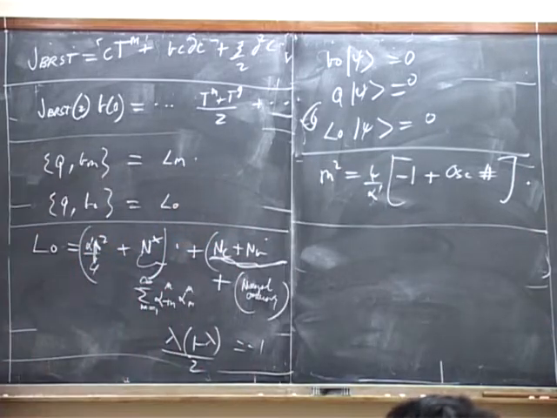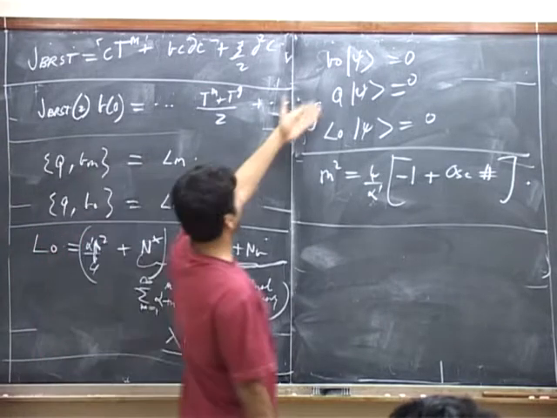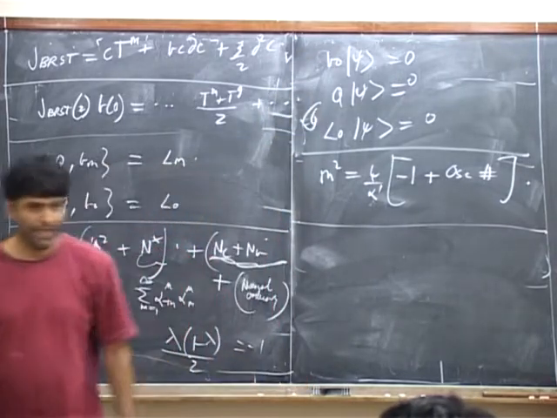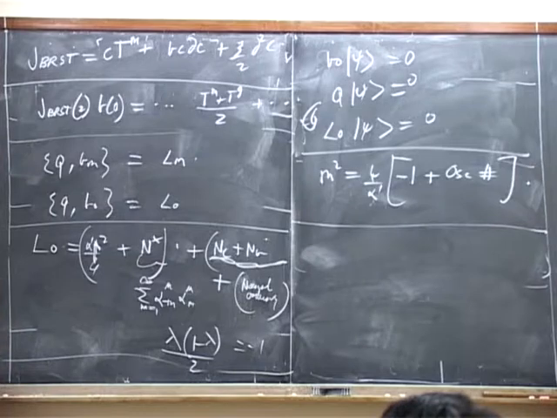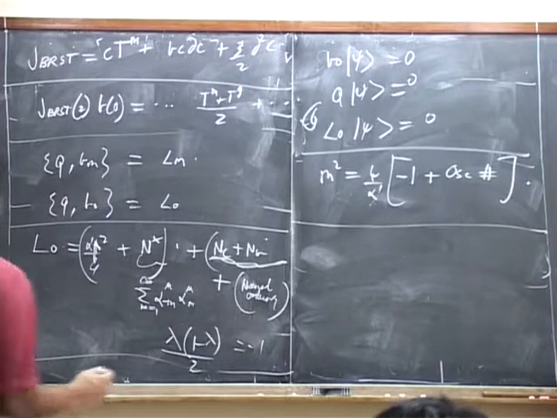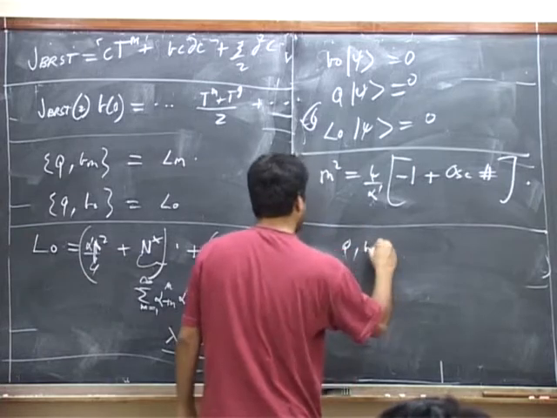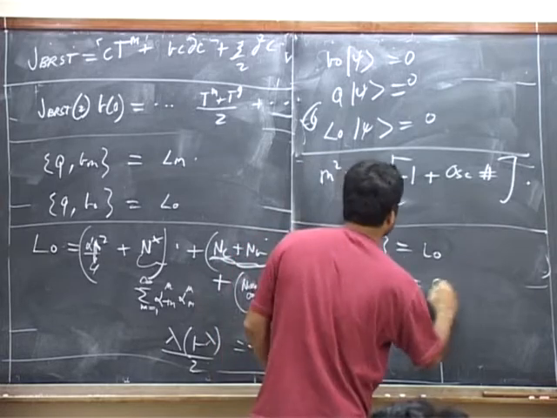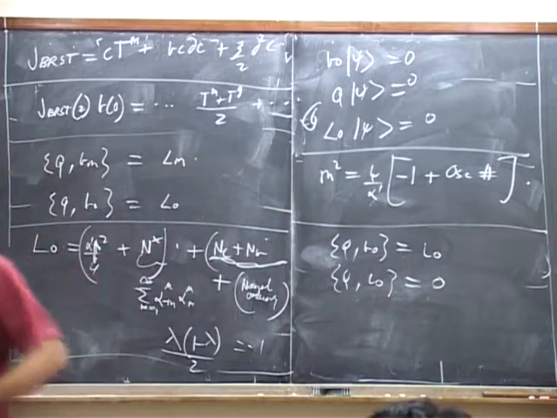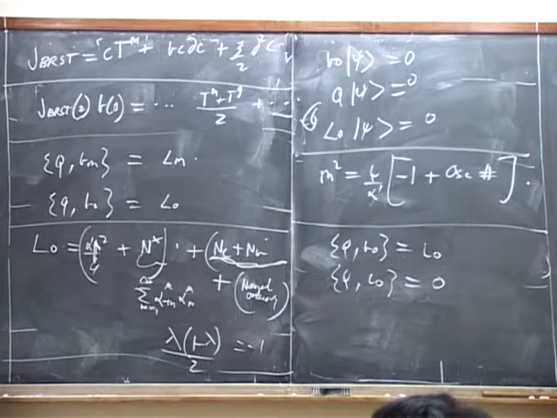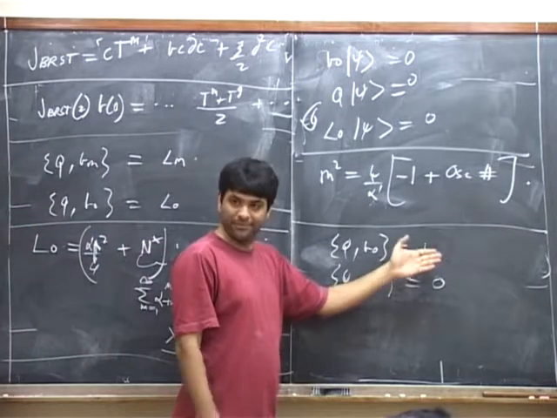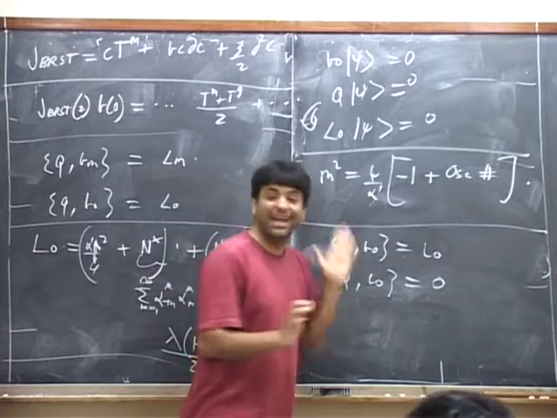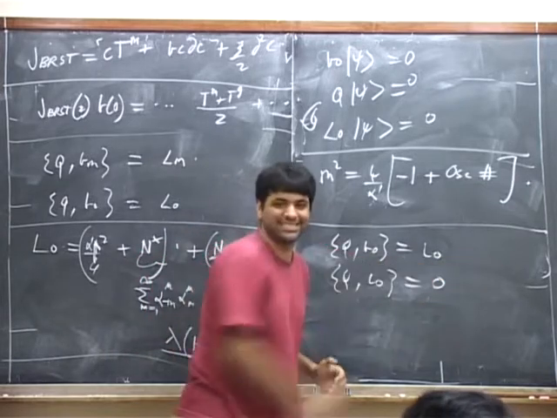We're going to restrict our attention to those states that obey B0 on psi is equal to 0 and L0 on psi is equal to 0. And this is a consistent subset of Q cohomology because of the following commutation relations: the anticommutator of Q with B0 is equal to L0, and the commutator of Q with L0 is equal to 0. Q is a conserved charge that commutes with the Hamiltonian. Because these two relations are true, the restriction to states that are annihilated by B0 and L0 is self-consistent.